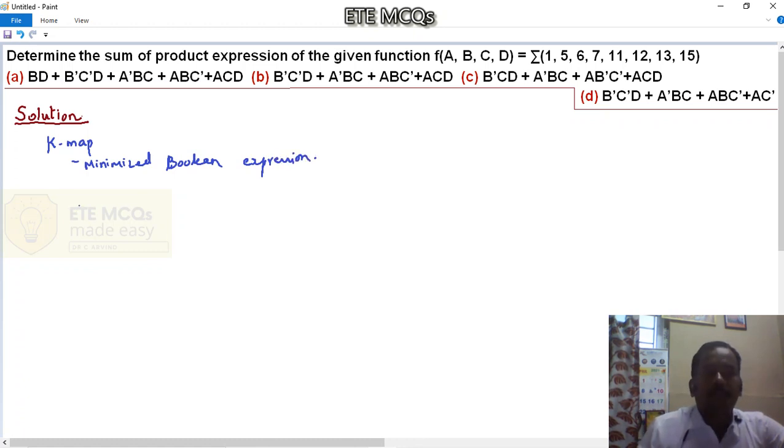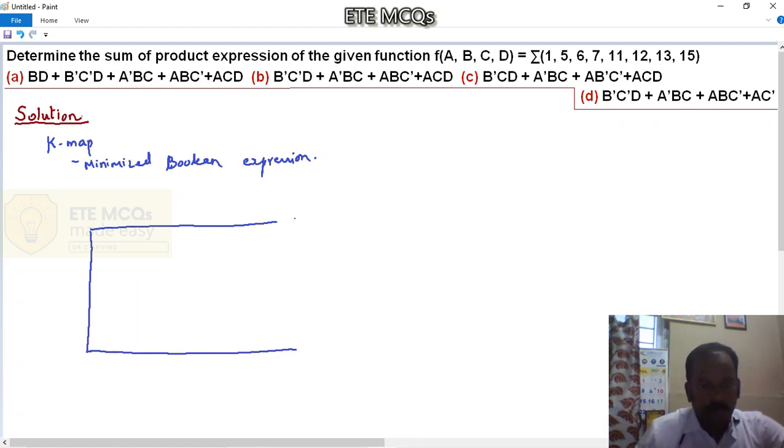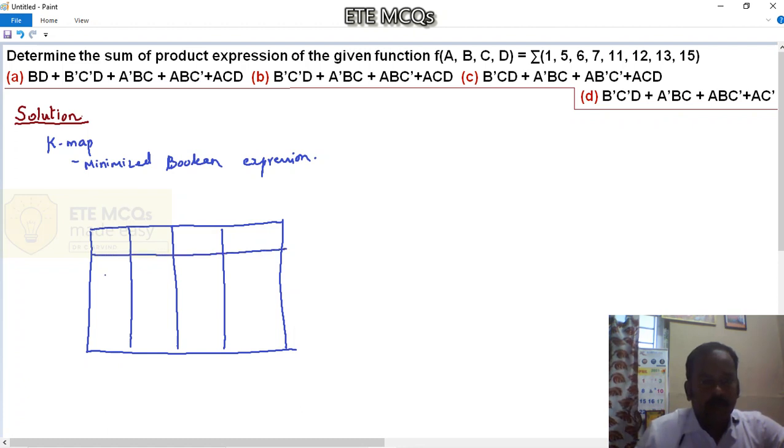So now let us construct a K-map. Since it is a 4-variable K-map, we should have 16 cells, because two power 4 is 16.